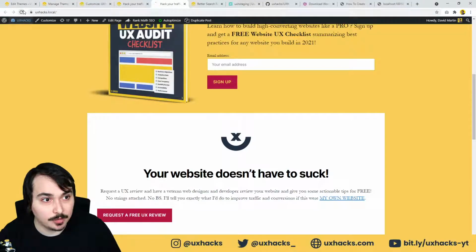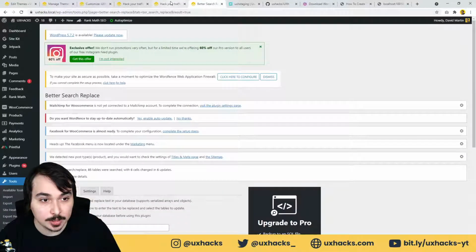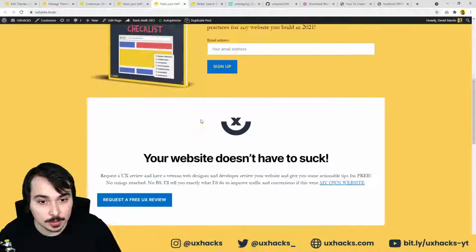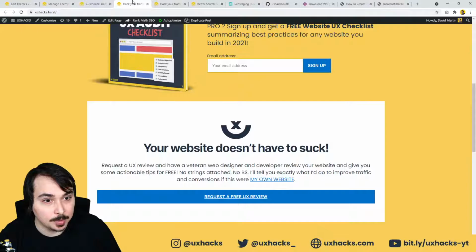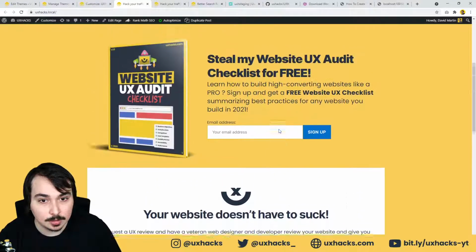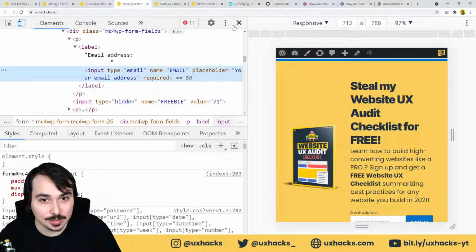So let's go and refresh our local site. Now you can see that we've changed the button colors. So we've gone into our database and we've said, hey, we actually want to change that color from the red into the blue. And now we can see that that's done, but it's still not looking right. So let's take a look really quickly